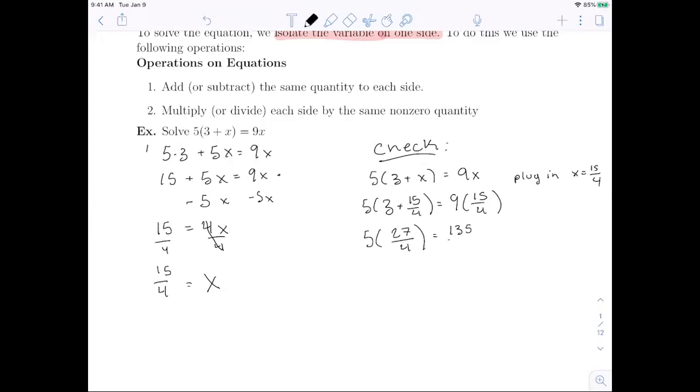135 over 4. And then I can check in my calculator really fast and see that 5 times 27 over 4 is the same as 135 over 4. Okay? So great, those answers are equal. My answer is correct. So if you're ever like, oh man, I'm not sure, well, here's a great way to